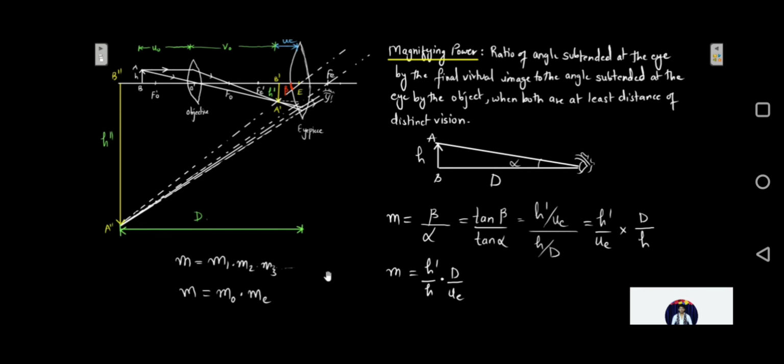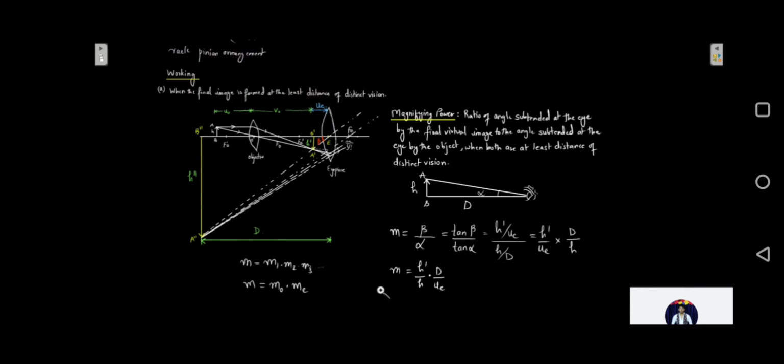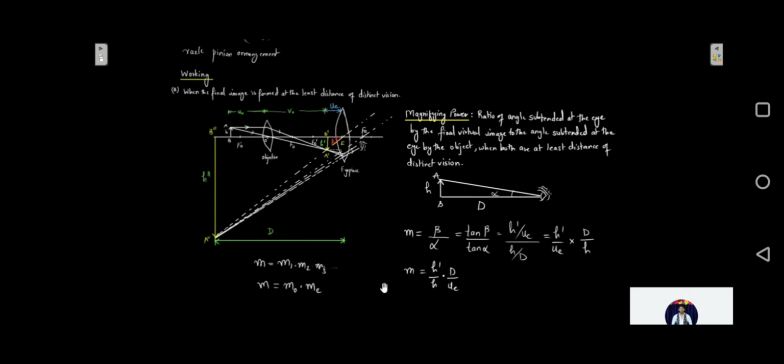So first let us take up the magnification of the objective. So what is going to be the magnification of the objective? What is the magnification formula? The height of the image formed by the objective, H dash, divided by the height of the object, which we have taken as h, will be the same as the image distance, that is v naught, upon u naught, that is the object distance. This is the formula that we have seen.